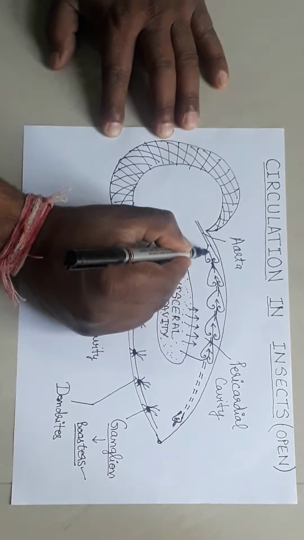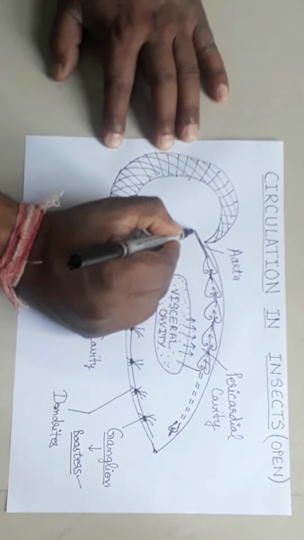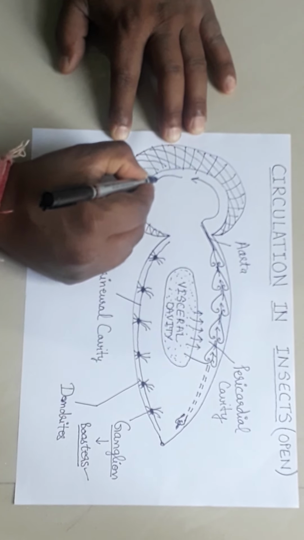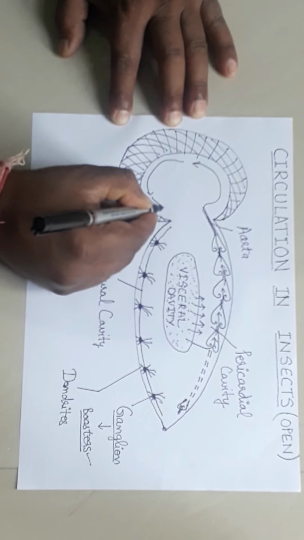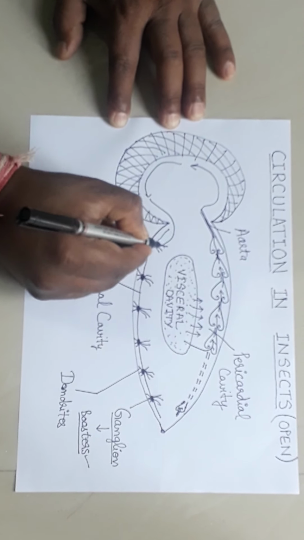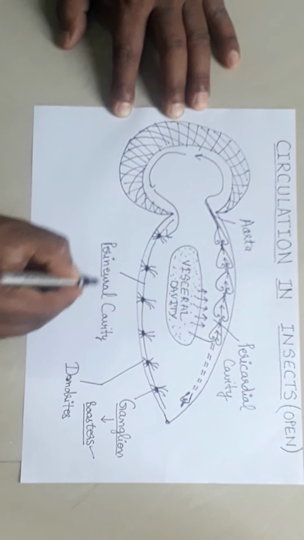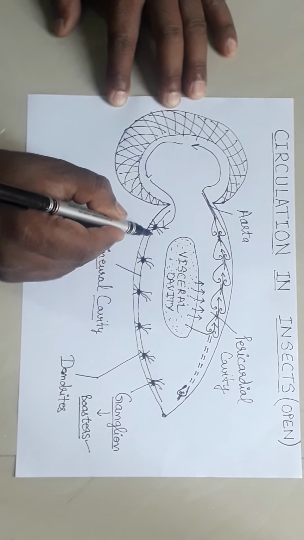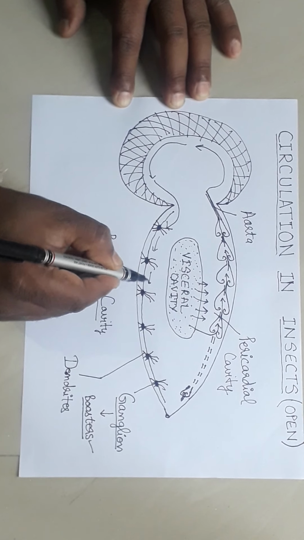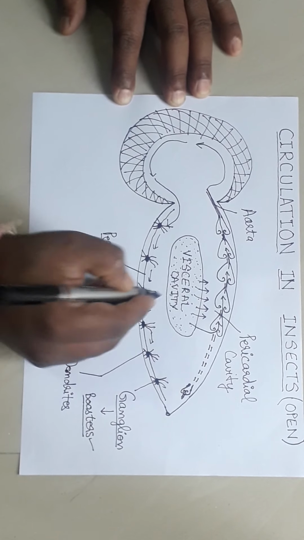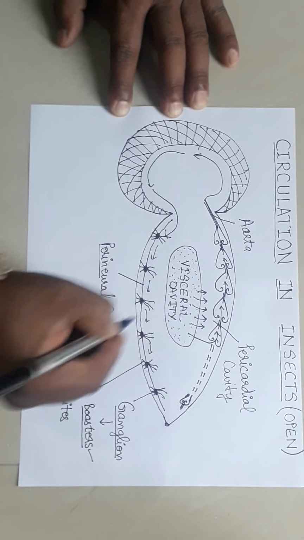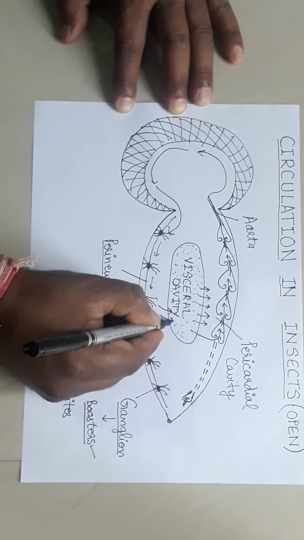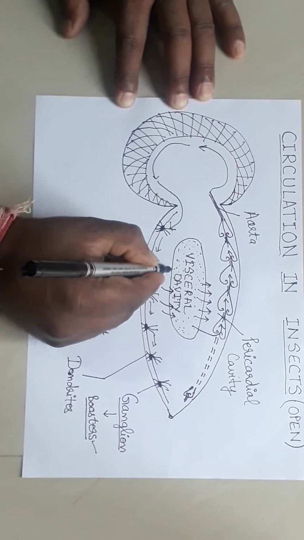From here it passes through the aorta and is supplied to the head region, and from the head region it is circulated into the perineural cavity. This cavity supplies the nervous system as well. After supplying here, the fluid, the hemolymph, enters the